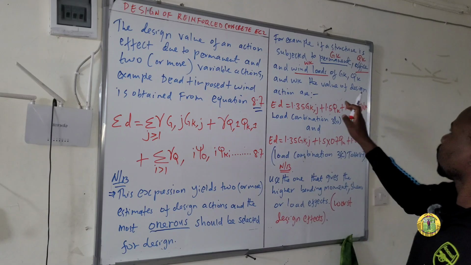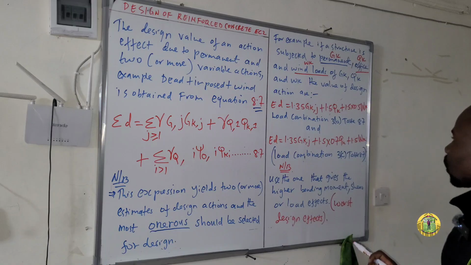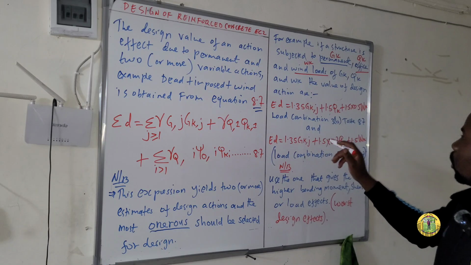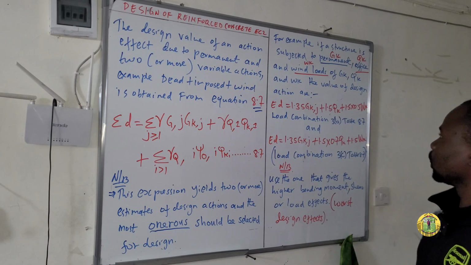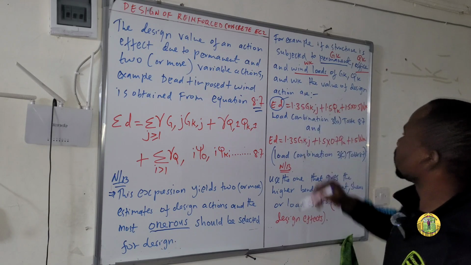These are the values of action of GK, QK, and WK. This one is the design action effect, which is given by